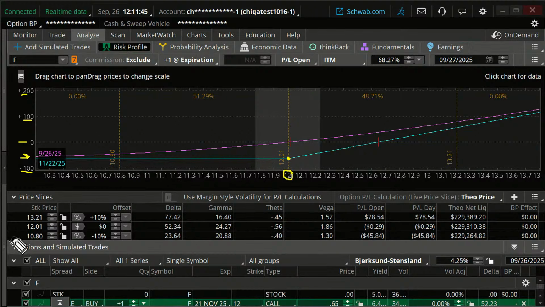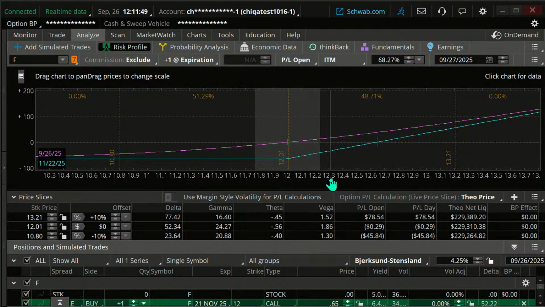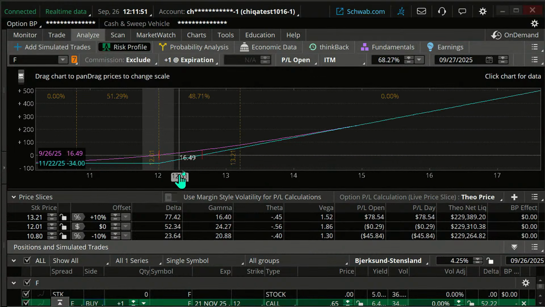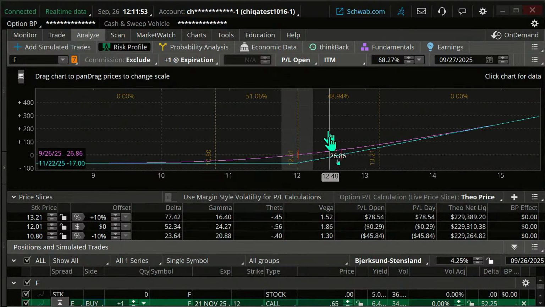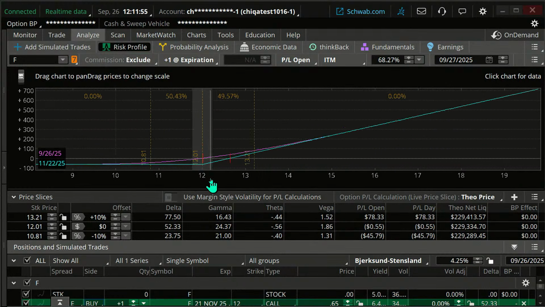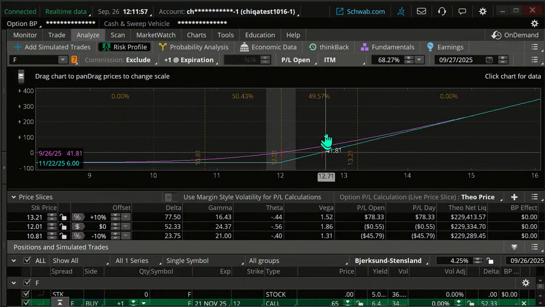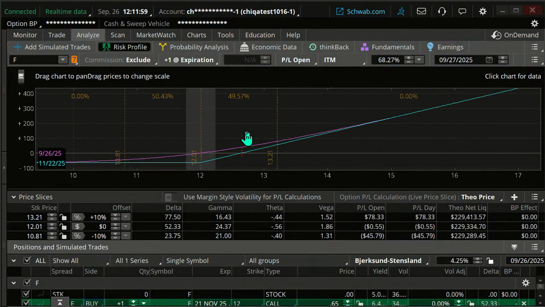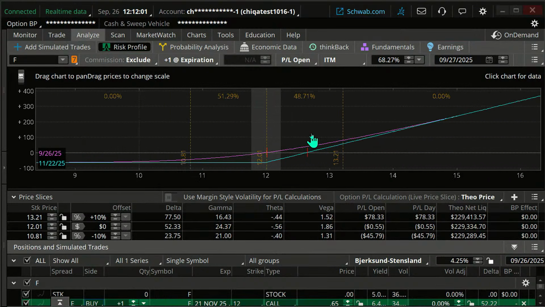Sometimes you may need to adjust it a little bit. You can kind of drag the graph a little bit and then move. If you drag right on the axis, it's going to kind of change the axis. If you drag right on the graph, if you click and pull on the graph, it just kind of moves it left or right there, okay? So that's what it looks like.